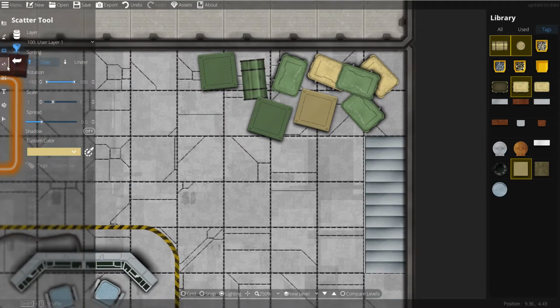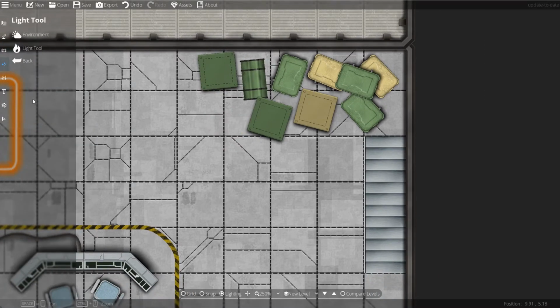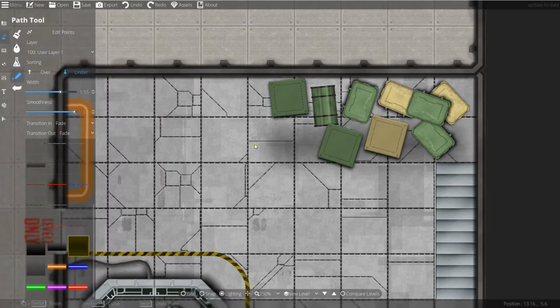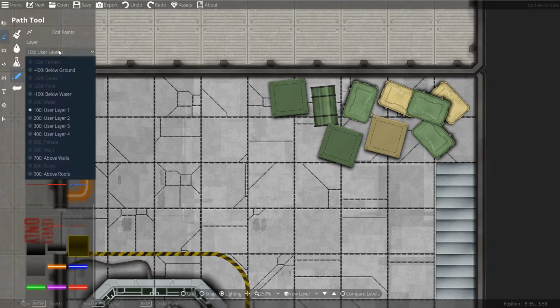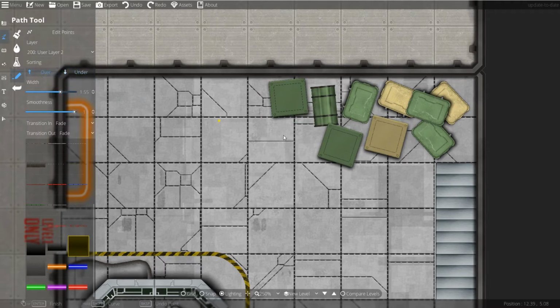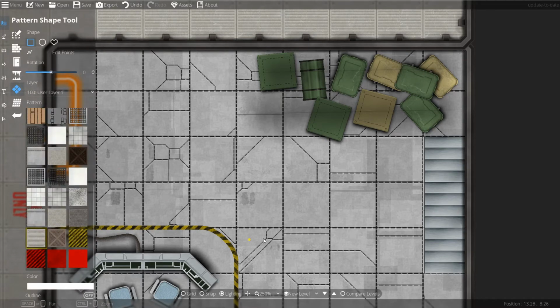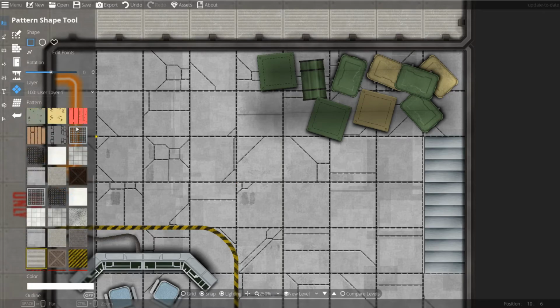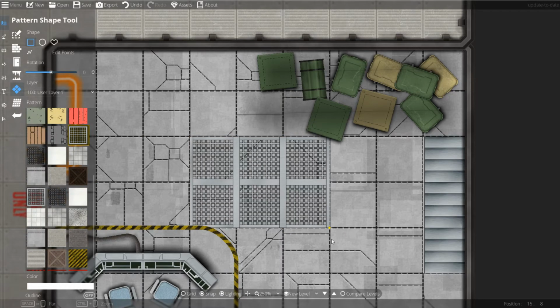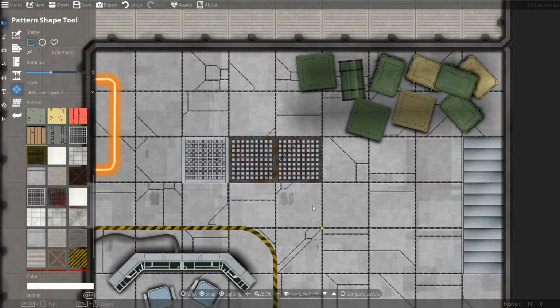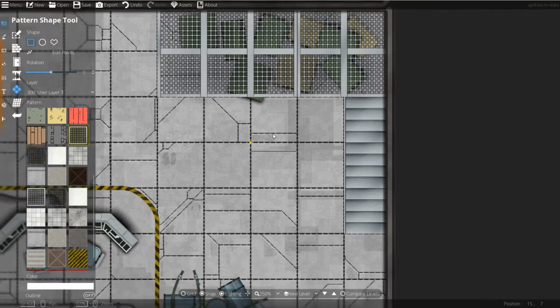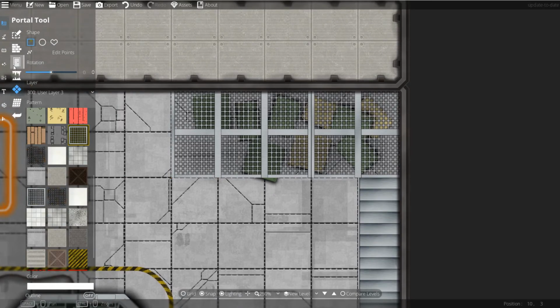There's our clutter, and then I'll do a little bit of advanced work, or work ahead of time, I should say, on shadows. But I know roughly where my platform's going to be. So layer 2 over. I'm just going to throw down some indication that this is lower. And now go into patterns, turn snap back on, and you'll see in patterns that we have some grates. We've got stainless steel. We've got a kind of a rusty version. So I'm going to drop that on top, and now we get to use